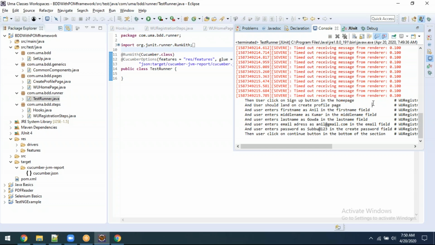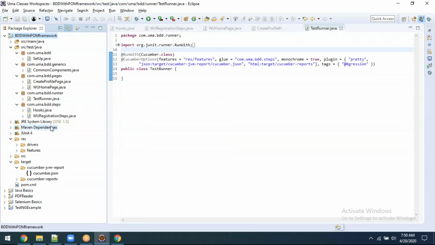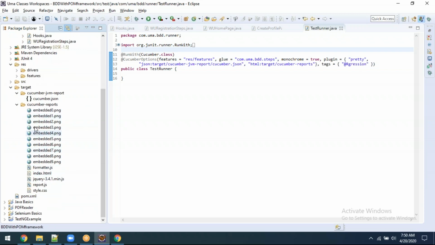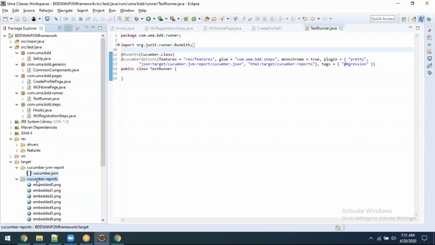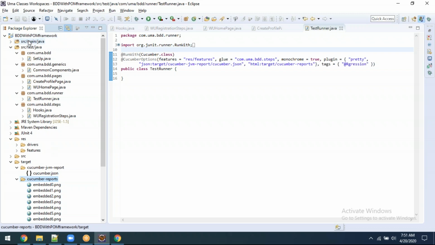This is called mini project. Okay, I mean the same thing. Everything is there within this one. Now you are able to see, right? Everything got passed. Okay, now let me go ahead and refresh it. Yeah. Now cucumber reports is created. Under this one, you are able to see something, right? Yeah. Now let me go ahead